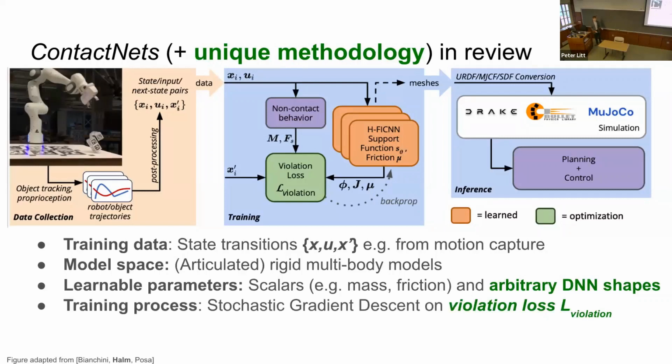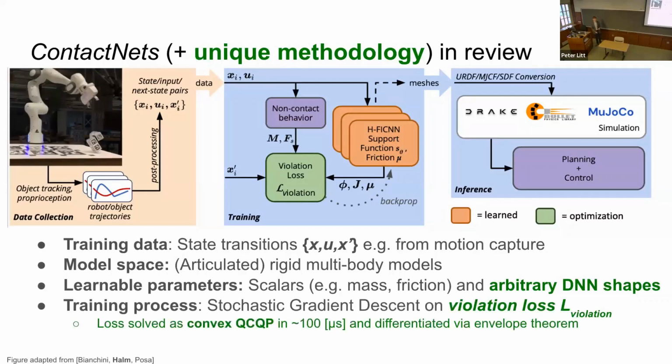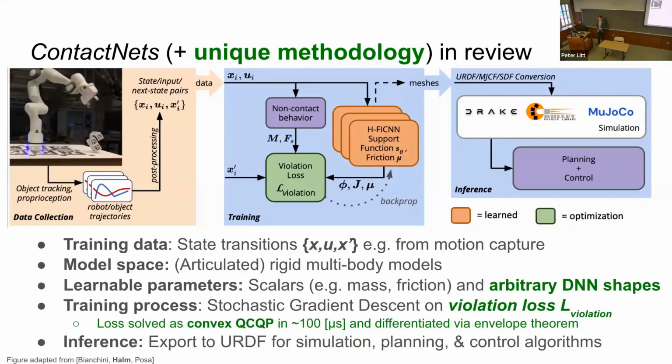We then optimize those physical models to fit data with our violation loss, which in this particular case can be efficiently solved for a single data point on the order of 100 microseconds. And there are well-known mathematical ways by which we can differentiate those to do gradient descent to improve those shape parameters. And then finally, when we'd like to use these models, we can turn them into common robotics description formats, such as URDF, and then insert them into any of our favorite simulation planning and control frameworks that process those types of files.